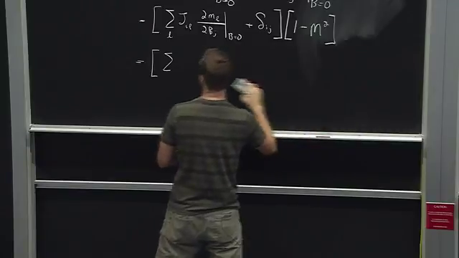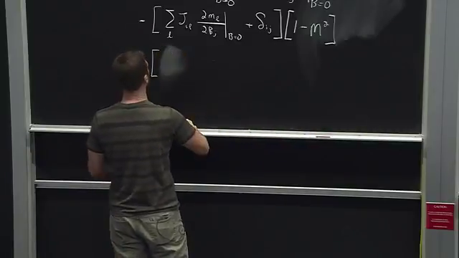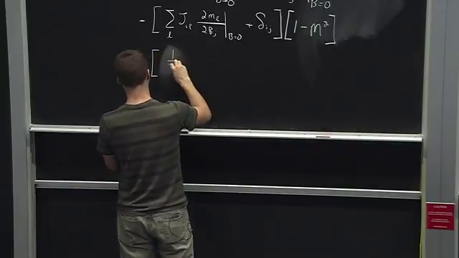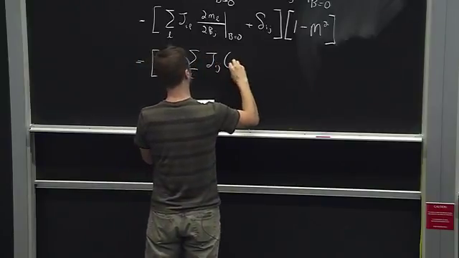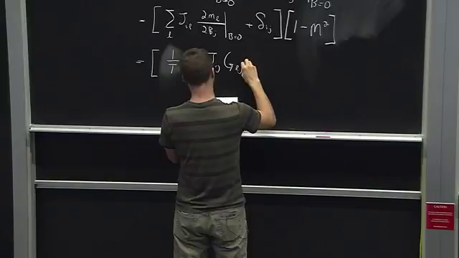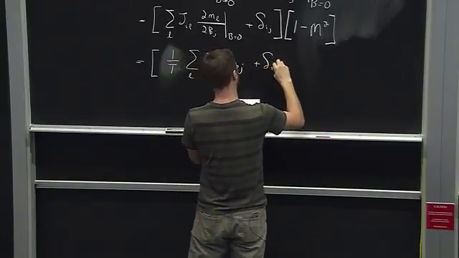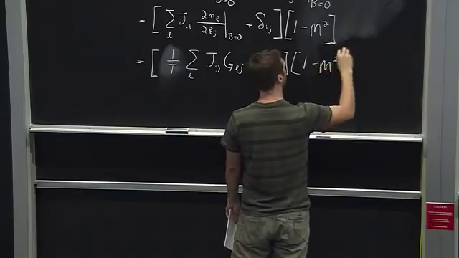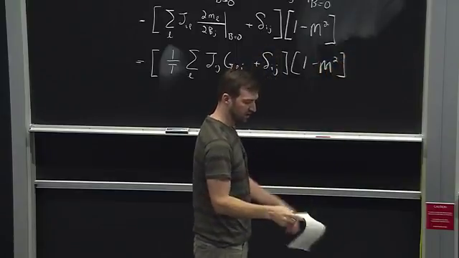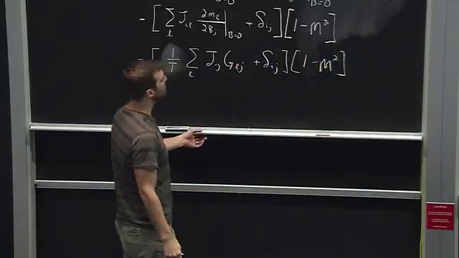So let me pull out that temperature. There's a T there, so it's 1 over T. Okay, and I'm just writing it like this because